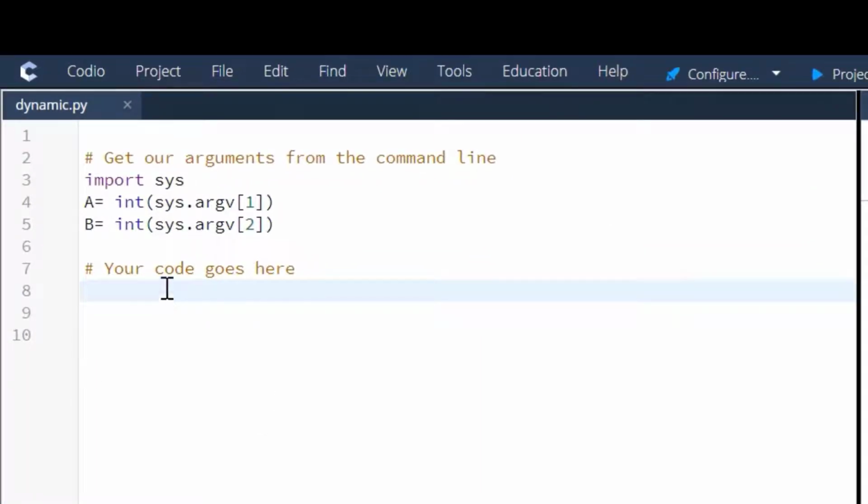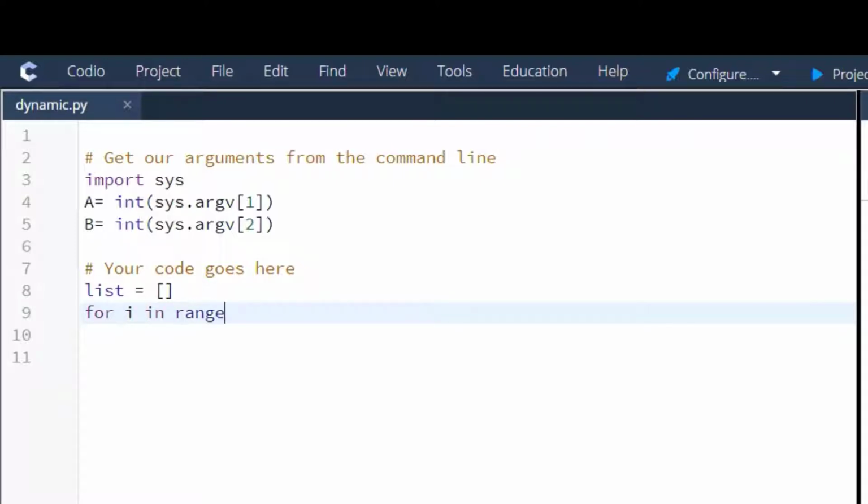So let's get started. First thing we need to do is create a list. So we're going to say list equals, and we're just putting empty brackets there because we're going to populate that list. And then the next thing we're going to do is we're going to use a for loop in the range function. So we're going to say for I in range of A,